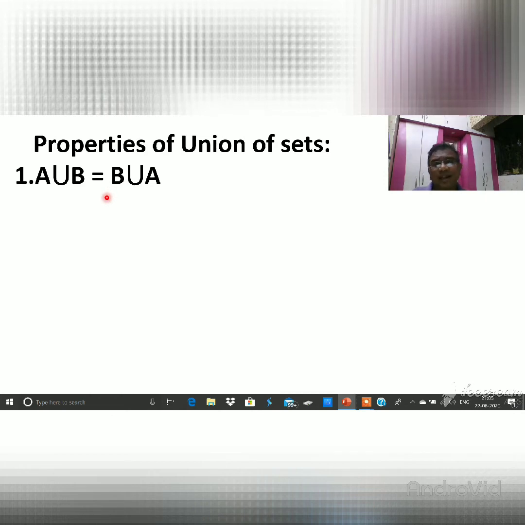Suppose there are two classes, A division and B division. Suppose A division is mixed into B division. What happens? Both sets of students get together, so you get those students. Then if we say B division is together with A division, are the students changed? No. The students are the same. So here A union B and B union A are the same, and they are shown with an equal sign. Is that clear?